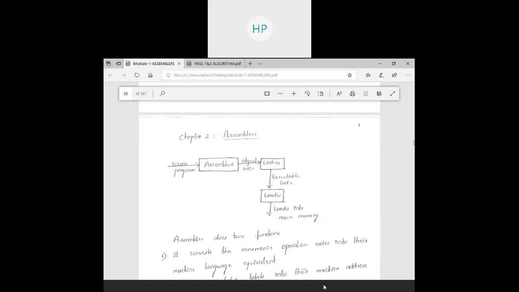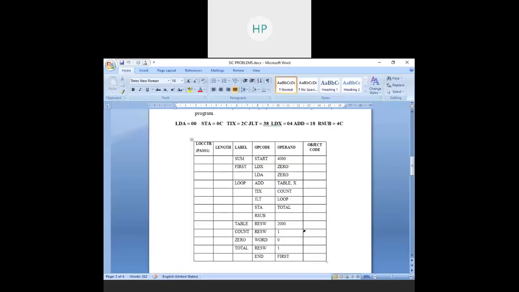If I show you this, can all of you see this file? Can all of you see the Word file? Somebody has to say whether it is visible. Yes, ma'am. Yes, ma'am, the Word file is visible.